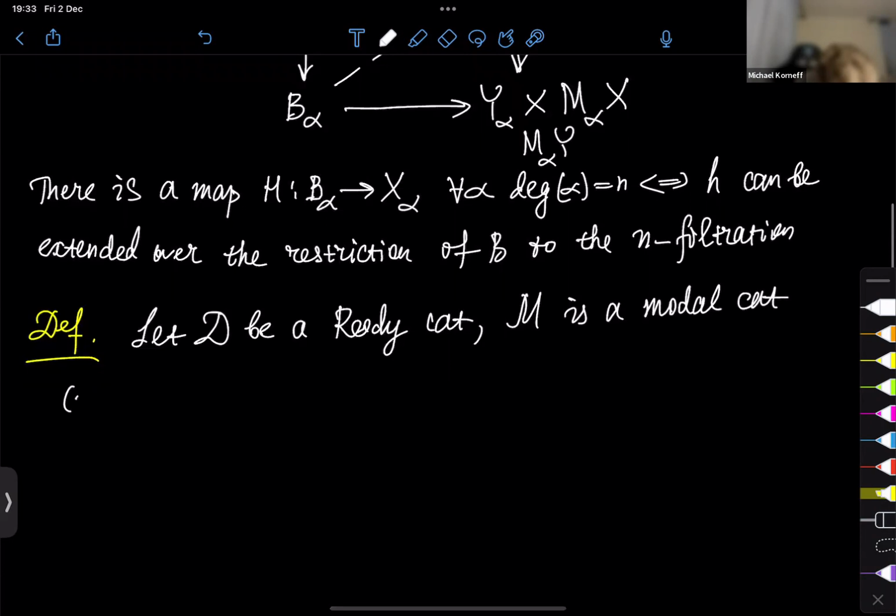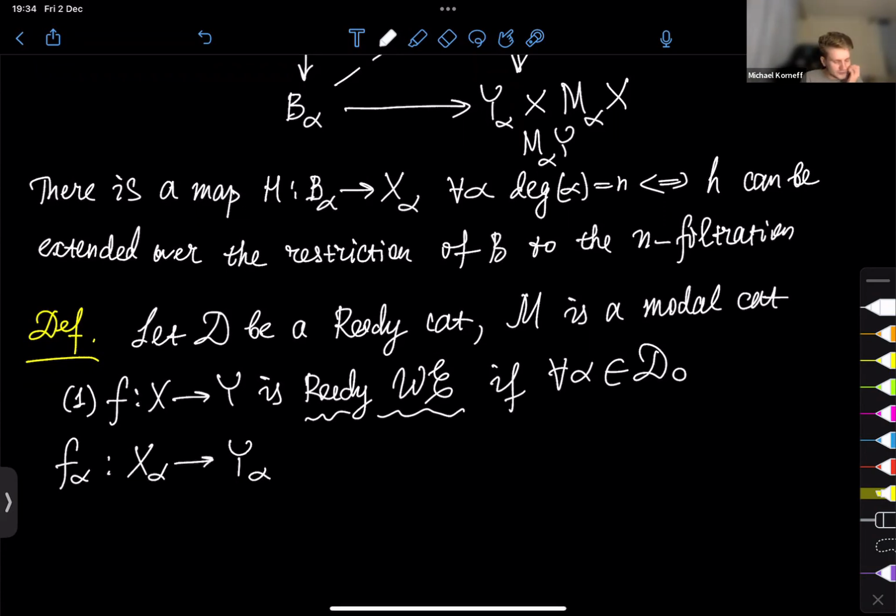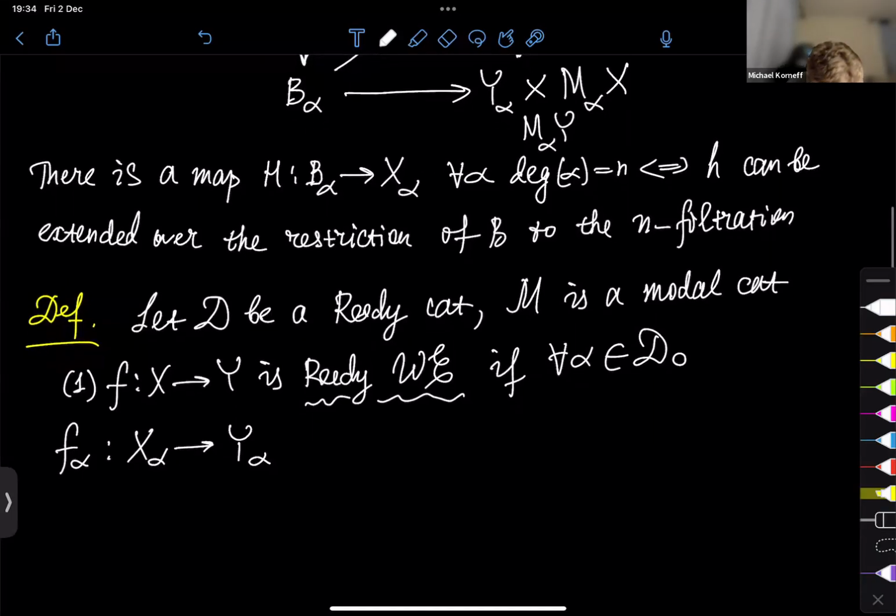Recall that a map between the diagrams is a Reedy weak equivalence if for any alpha the map F alpha is a weak equivalence. It's just pointwise weak equivalence